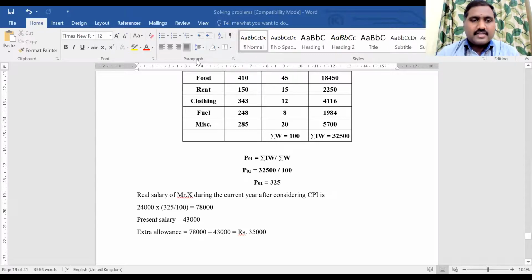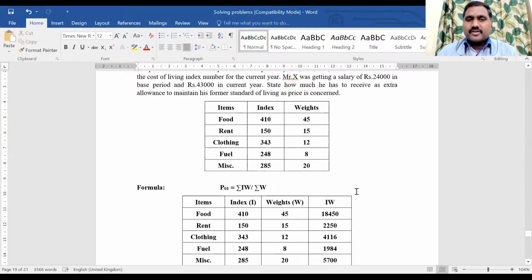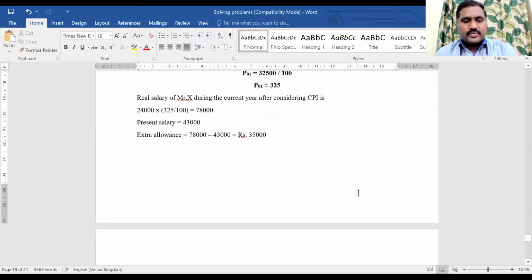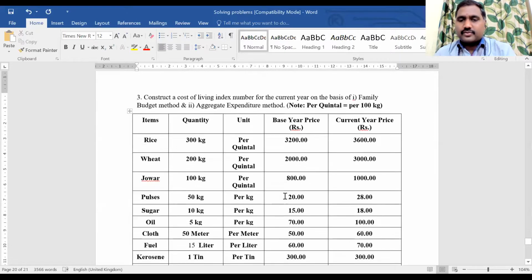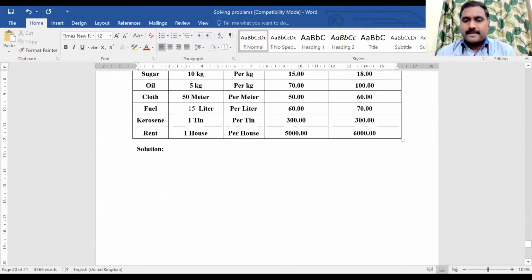Shall I wind up the class? Guys, reply, not replying anything. Yes, sir. Okay, thank you, madam. Fine. So I think you copied this problem, right? Okay, this is the second problem. So with this, we will end the session, and tomorrow we will work out the third and the fourth problem. Okay, I'll stop sharing this.